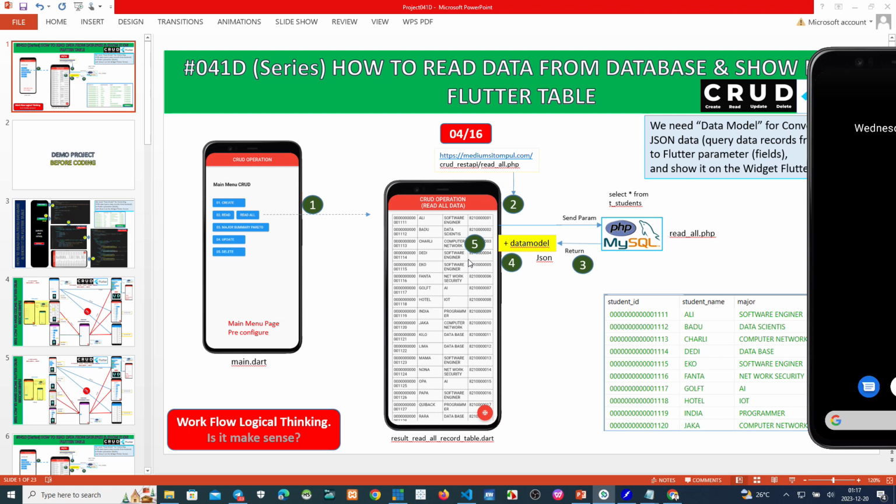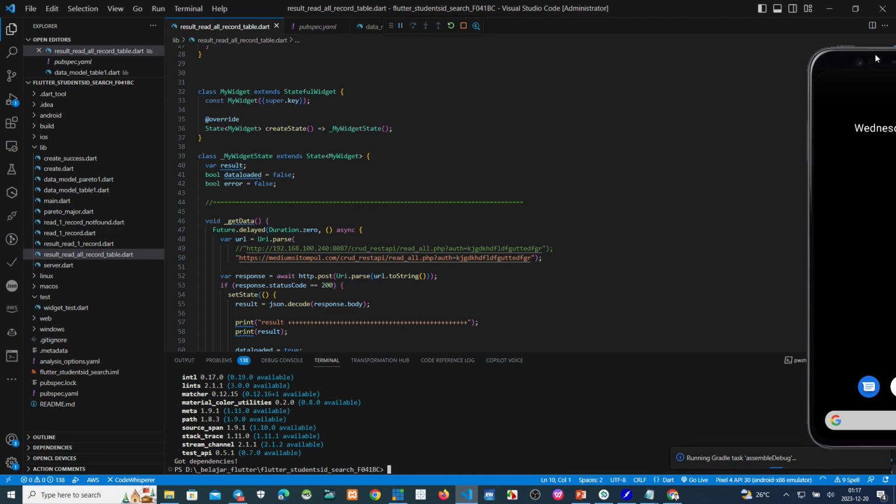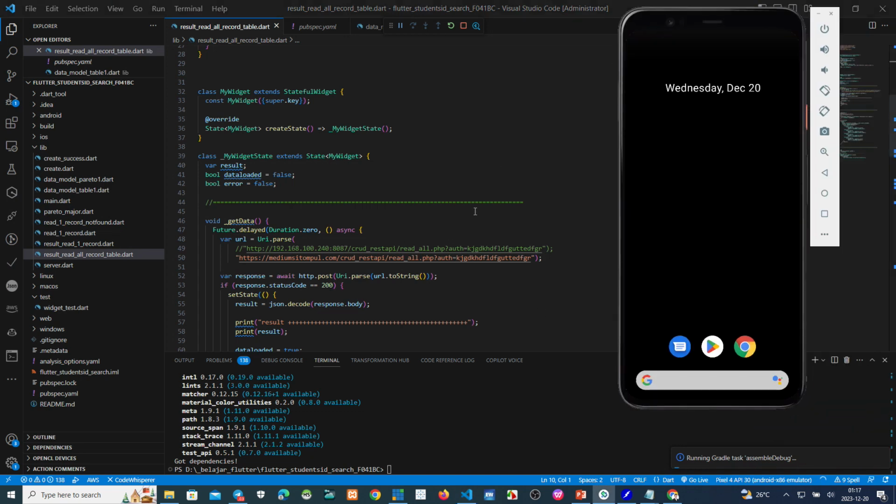I think we don't execute this in my script, so after this I must run this get data from the backend first automatically, before we click something on my Flutter.